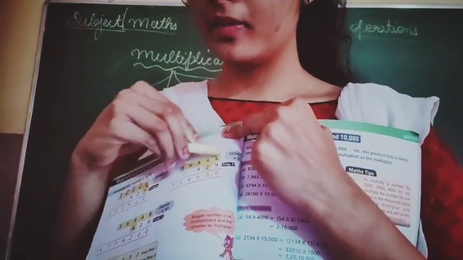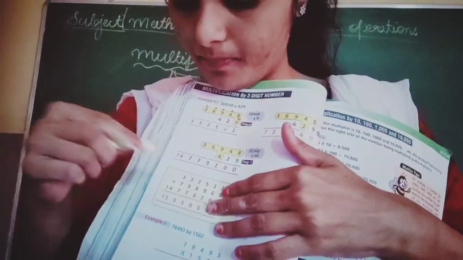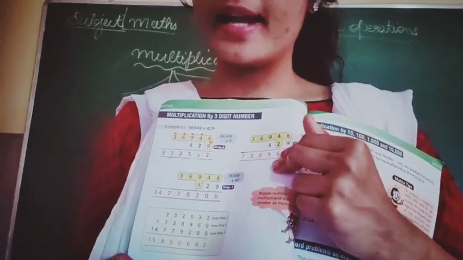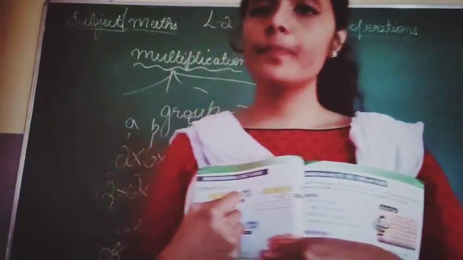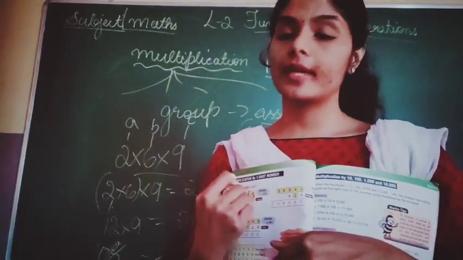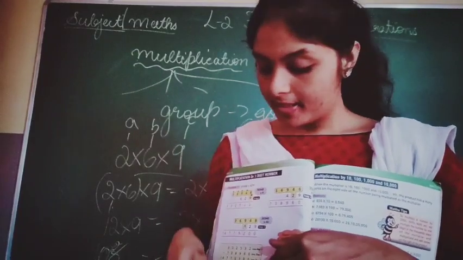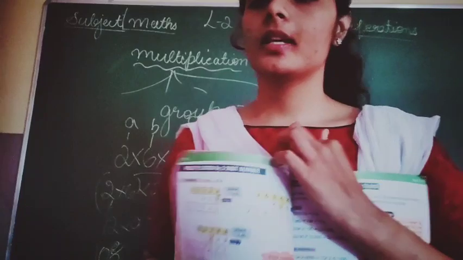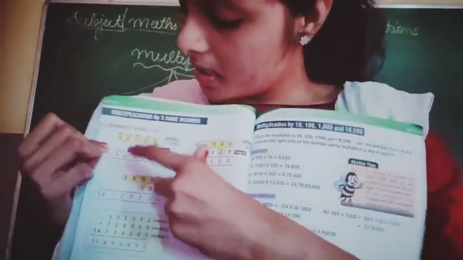Second one, again with the whole number you'll multiply. Then comes the third one. Again the third one, the whole number you'll multiply. Then at last take all the answers and you'll add. Instead of doing it separately, we are going to do it together. Understood? This is how to multiply using 3 digits. Once you just take a look at it, you'll understand, children.